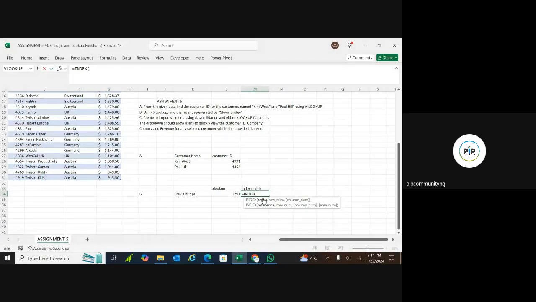We'll do index. So the first thing to ask us now is the array, and the array here is the